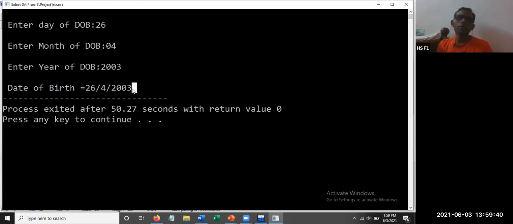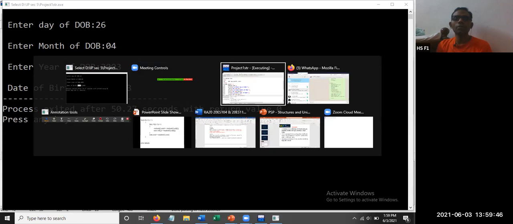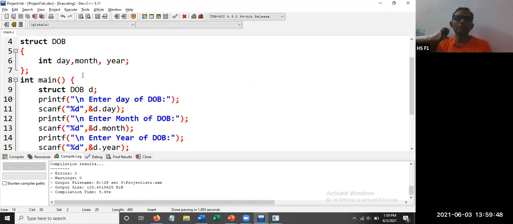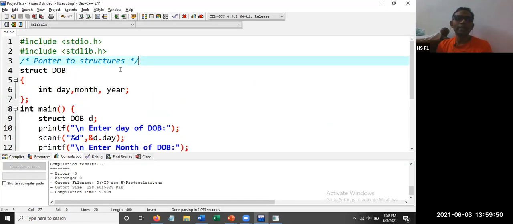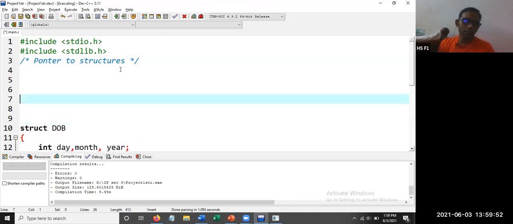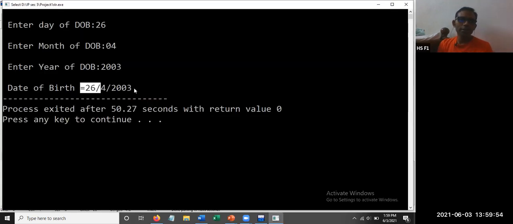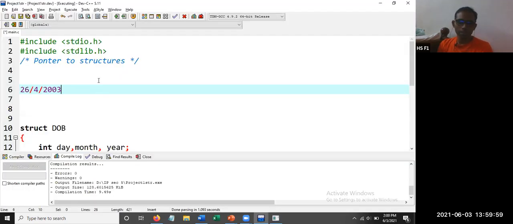So what you need to do, you need to change this number like this, 2003/04/26. Change the date something like this in order to calculate the age. How to calculate the age? So we got the example 26/4/2003. Now convert this into this form, that is 2003, then month, that is 4, then date, that is 26.